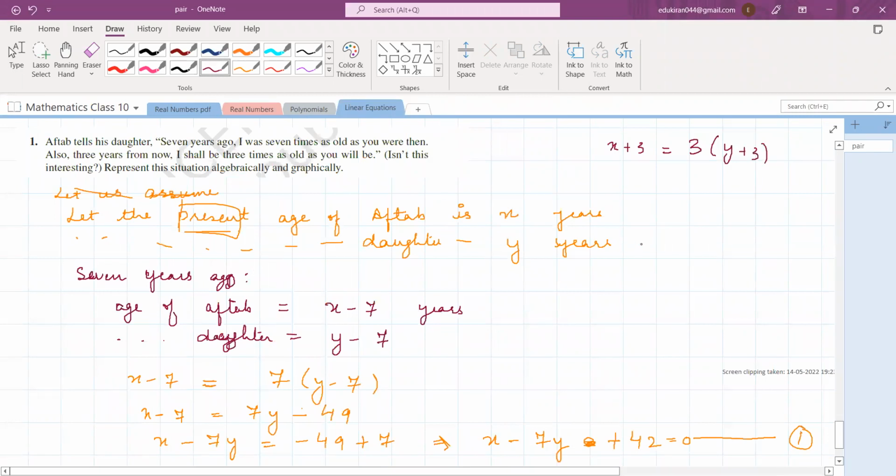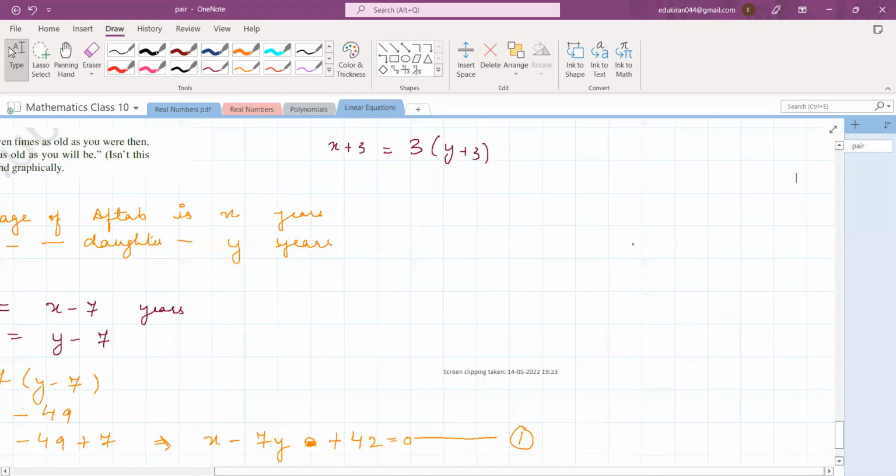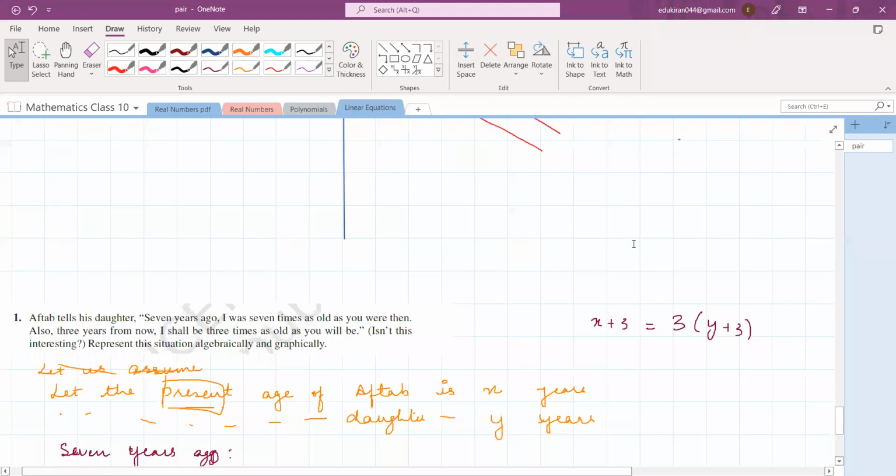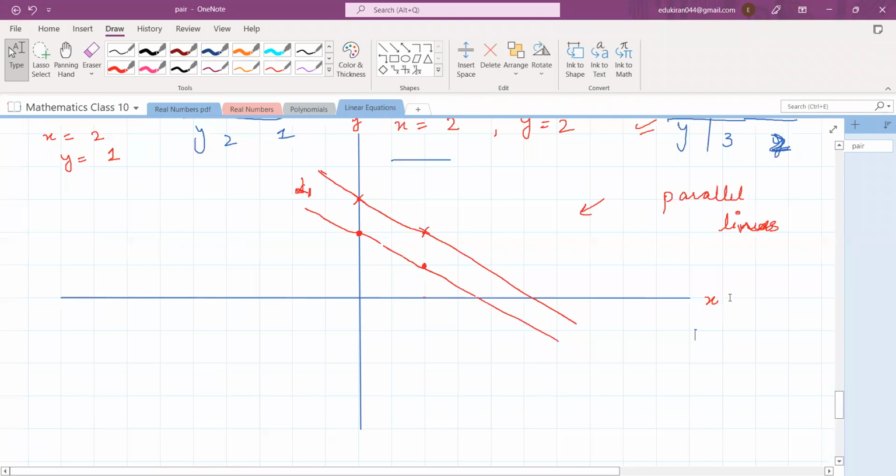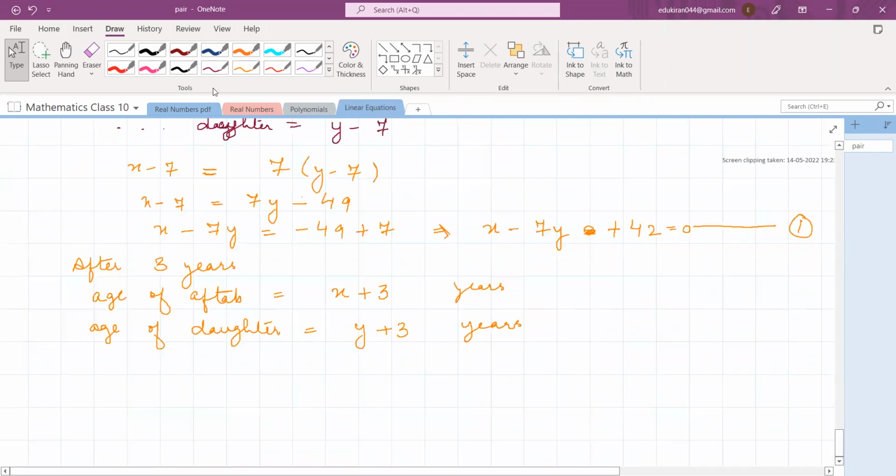Clear? Yes, ma'am. Right? So I'm just writing it here. Yes, so this is the equation that X plus 3 will be equal to 3 times of the daughter's age